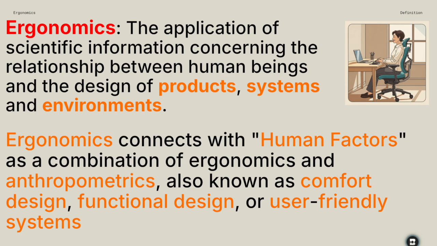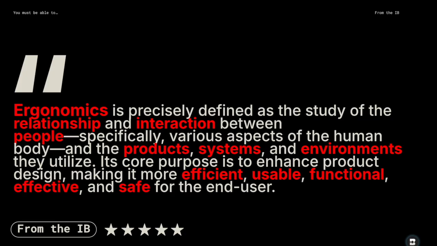Ergonomics is the application of scientific information concerning the relationship between human beings and the design of products, systems, and environments. Ergonomics connects with human factors as a combination of ergonomics and anthropometrics, also known as comfort design, functional design, or user-friendly systems. So this is from the IB, and so what you're going to need to be able to